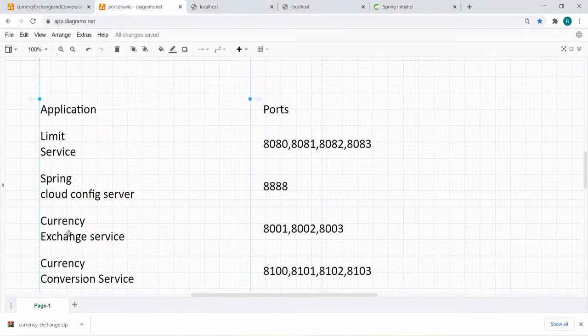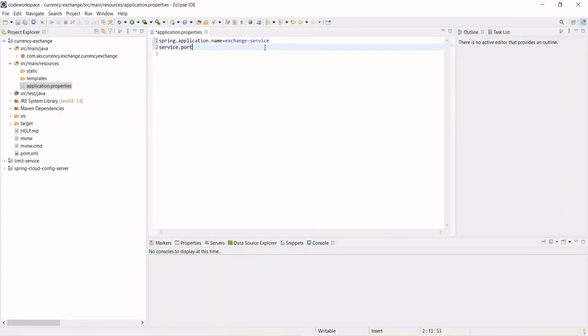For the currency exchange service, the port should start with 8001. So for the first instance, we can have 8001, right? And save this, correct?